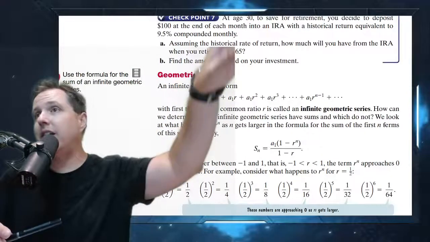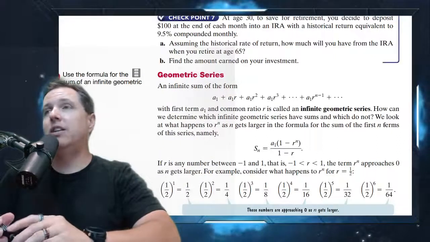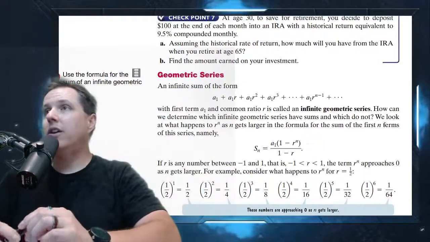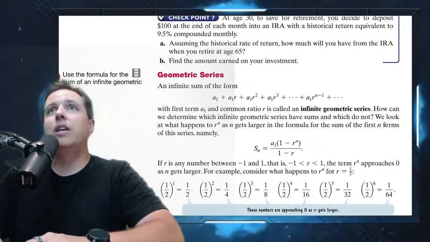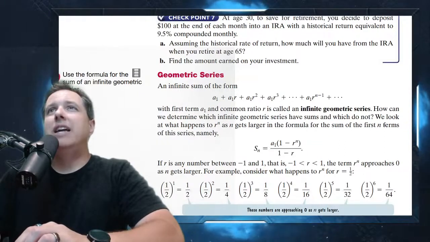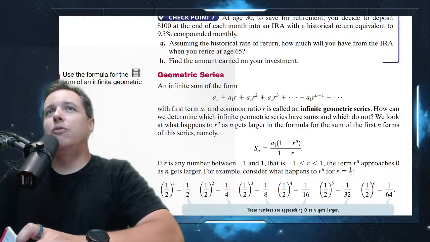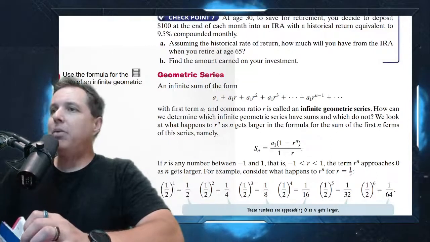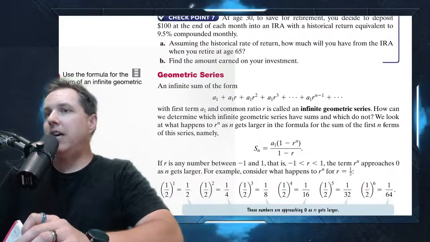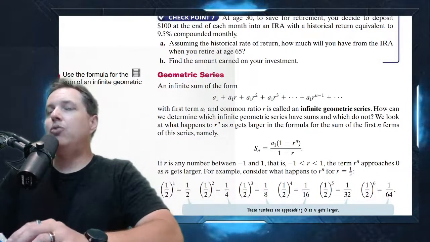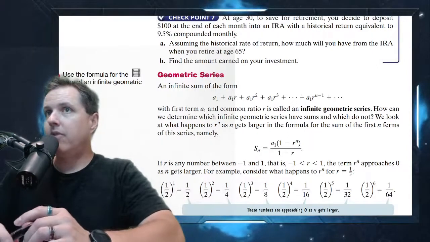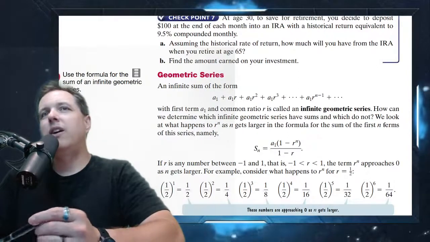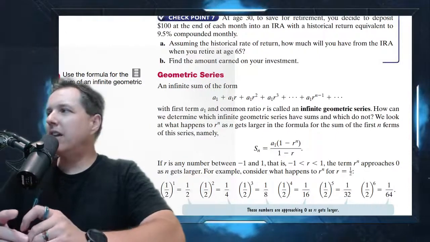I mean, all the way, literally, when you get to your upper division, infinity's going to play other weird roles depending on what you're looking at. And here is an idea that a lot of times people get uncomfortable with: you can add up an infinite number of things and have it add up to a finite amount. Okay, that seems weird. If I add up an infinite number of things, aren't I going to get infinity?